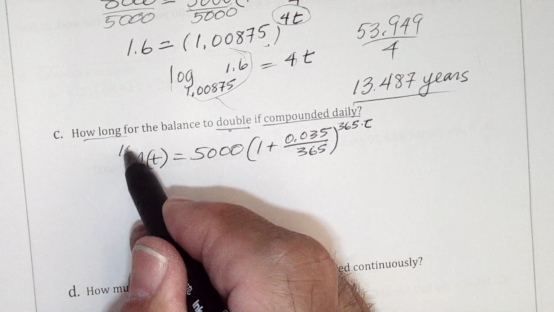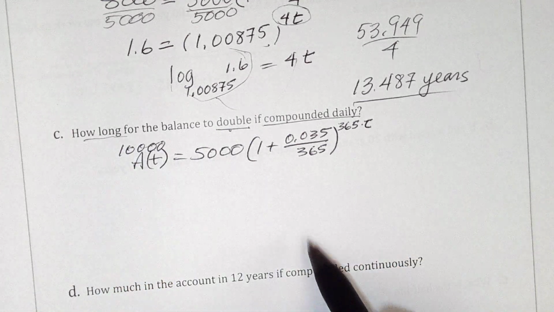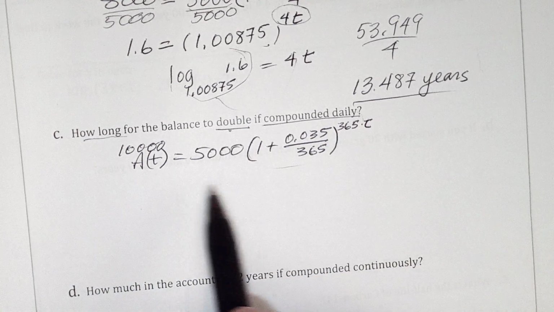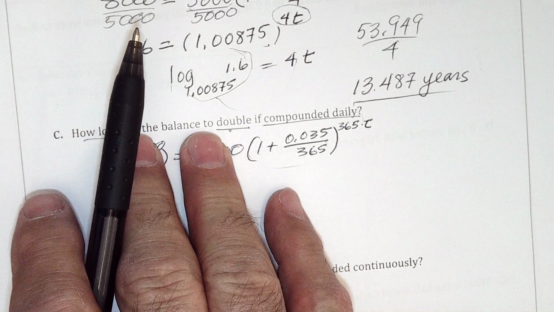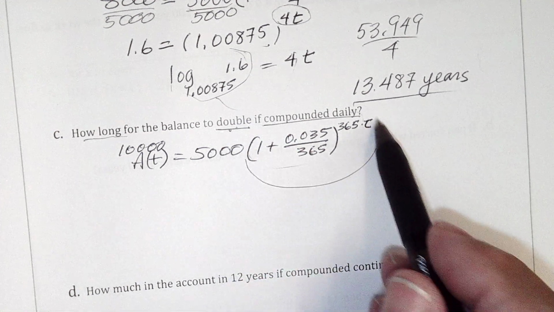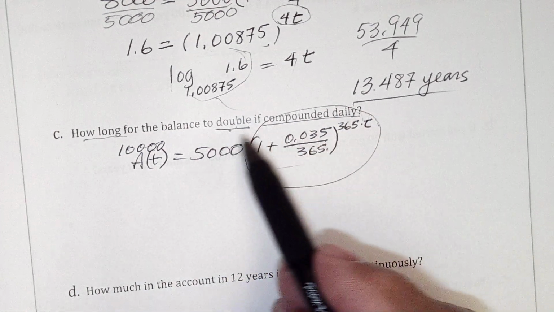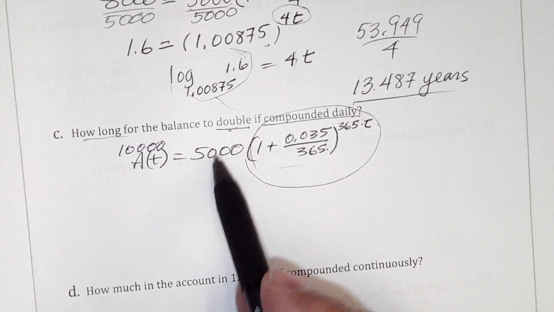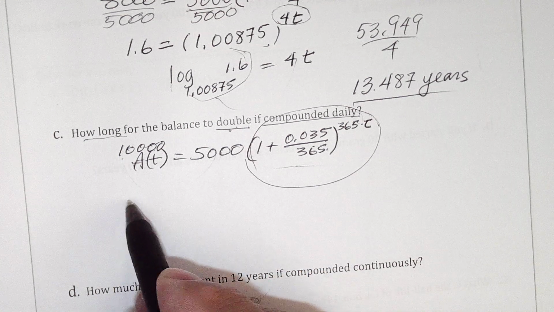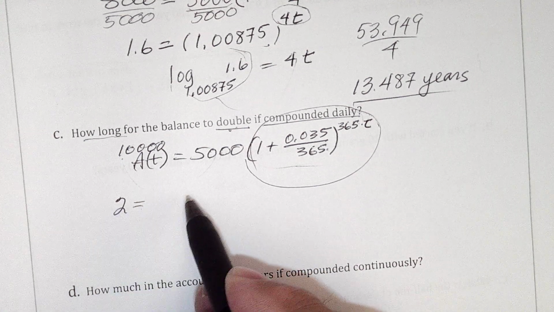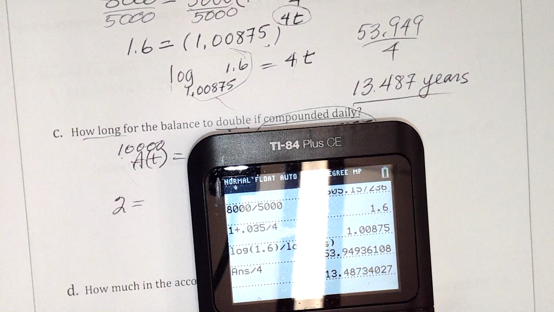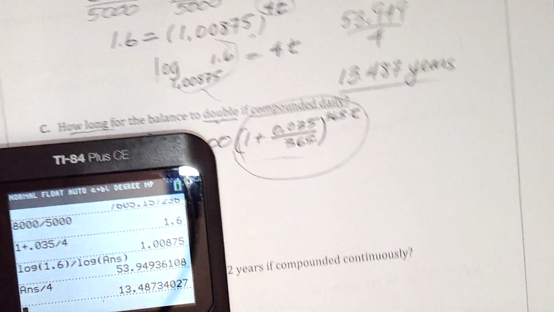So I can either put 10,000 here, divide by 5,000, and I get that this has to equal 2, or I could have said, I don't care how much I started with or end with, I got to double whatever that start was, so this has to be 2 times this to double it. Divided by 5,000, I would have got 2 equals this. That's the same thing. So we got to solve 2 equals this, and this in decimal is